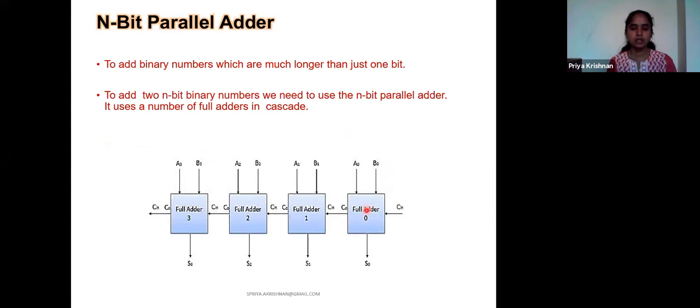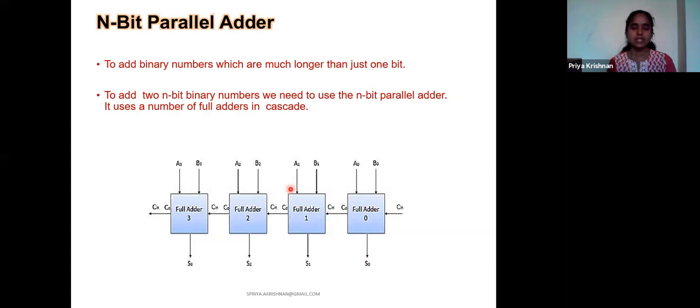Now for each set of 3 bits, here I have A0 and B0, which I'm going to add with the help of a full adder, and C in. Do I have any carry in the initial stage? I won't have any carry in the initial stage, so this will be equal to 0 initially. These two will add, and I'll get the sum at this point and the carry at this point. This carry is fed to the next full adder block.